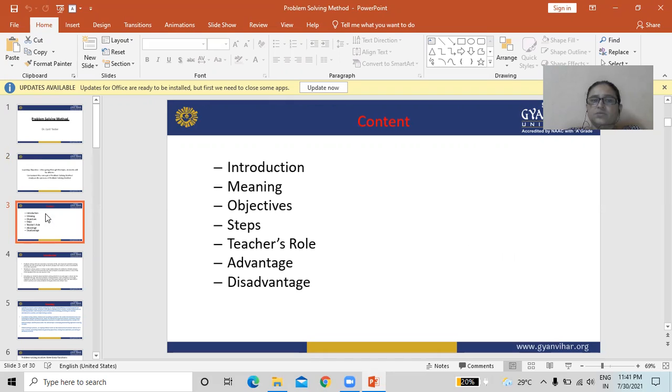In this lecture, we will cover introduction of problem solving method, meaning of problem solving method, objectives of problem solving method, steps of problem solving method, teacher role and responsibility in problem solving method, advantage of problem solving method and disadvantage of problem solving method.